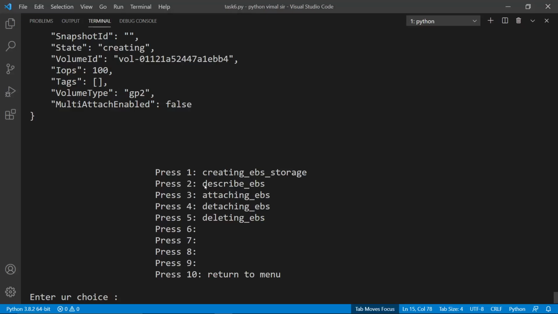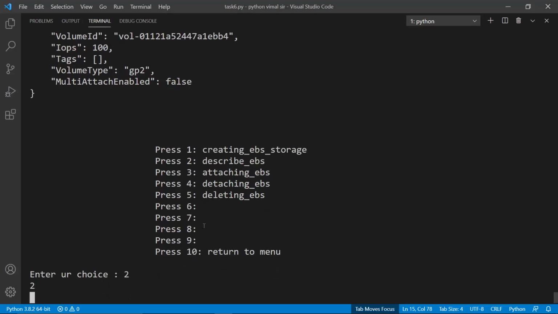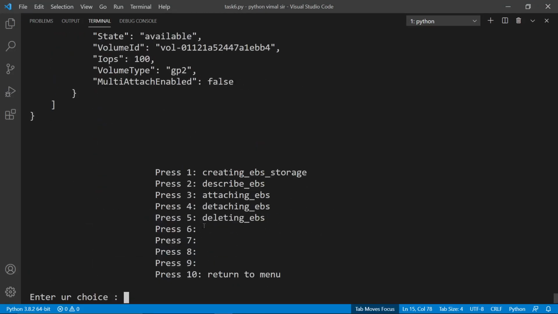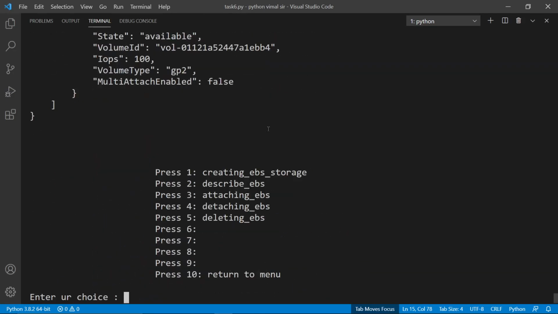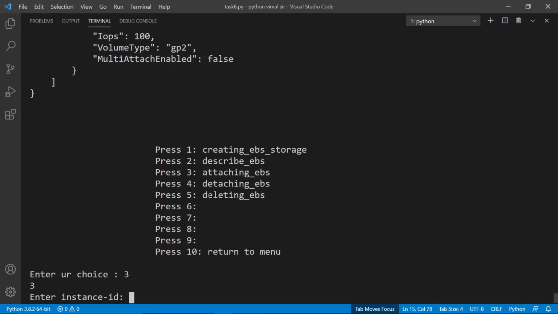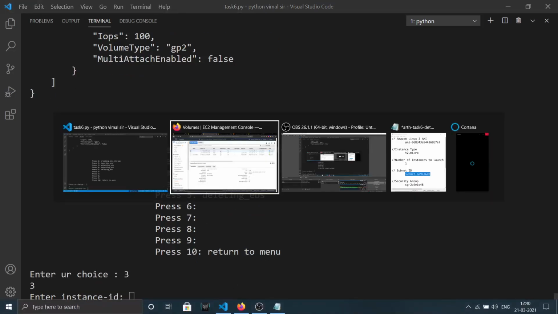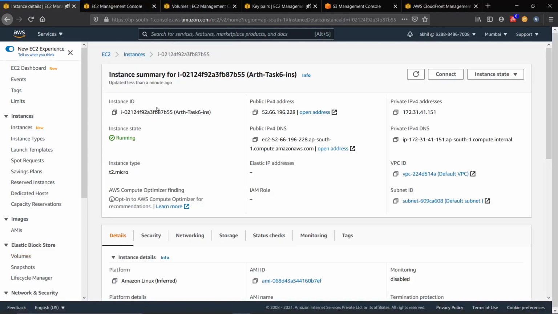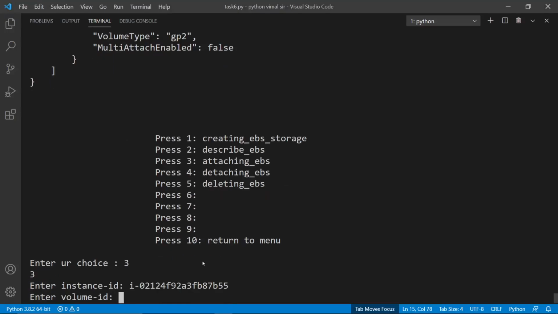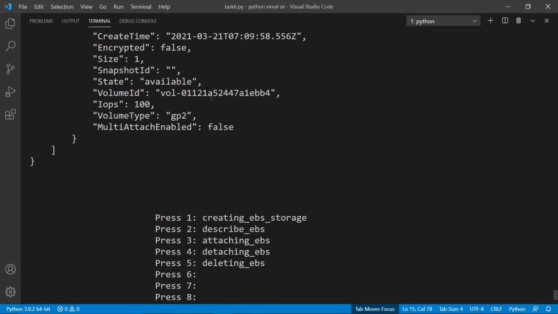For this, firstly we can describe also from the command line. So these are the details. Now we will attach, instance ID, and copy it from here, instance ID, volume ID, this one.